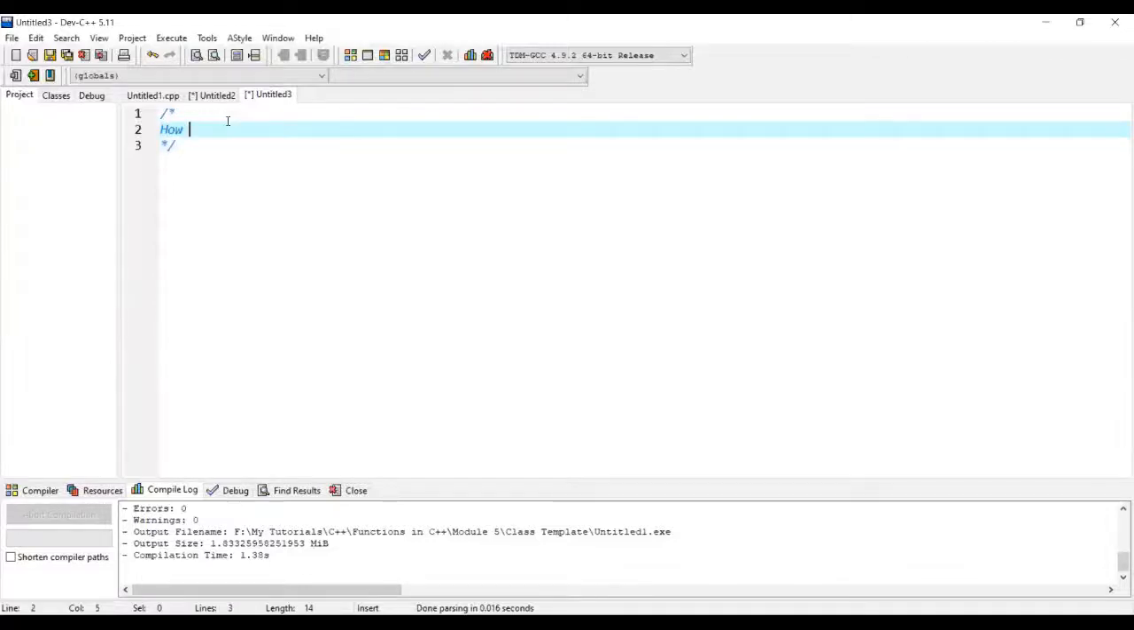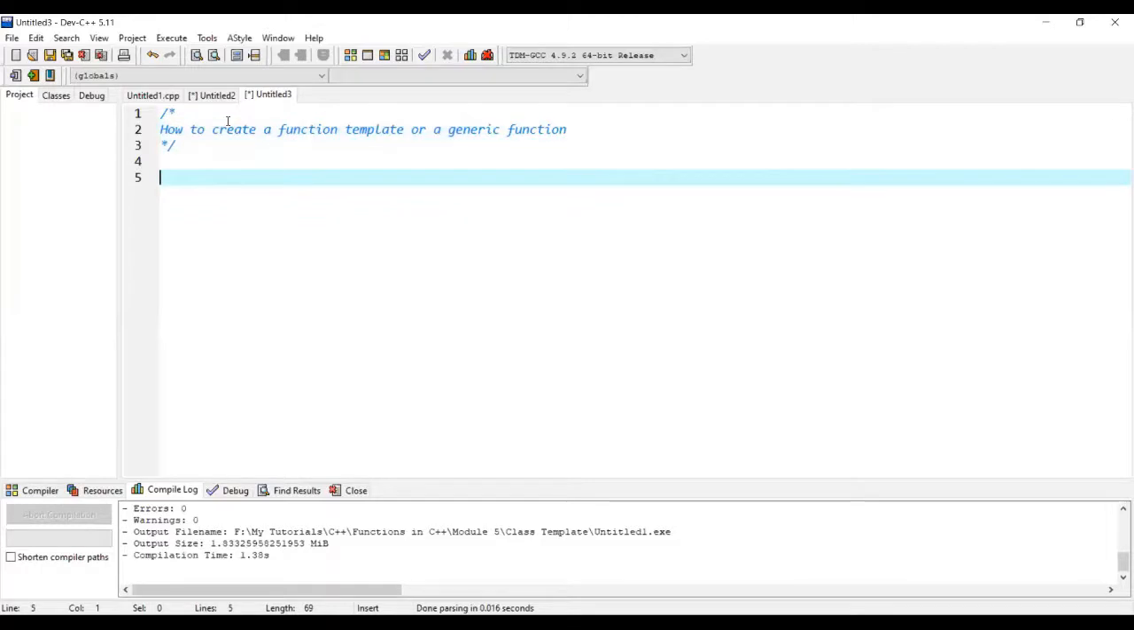Let's see how to create a function template or a generic function. To do this, we need to use the keyword called template. After that, we need to use angular brackets to declare a template or to create a template. To create a template, we are using a keyword called class, and next we give a name of the template. So here